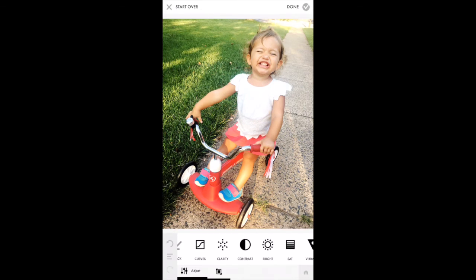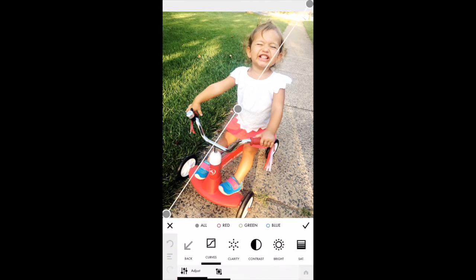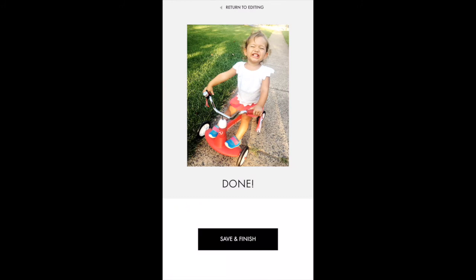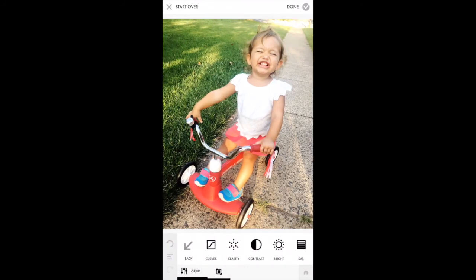You can also adjust brightness, saturation, clarity. Curves is another place I really like to do brightness and contrast. You can pull it this way if you want a little contrast. Pull it up here if I want some more fade. And a lot of times I'll come in here and adjust my exposure here. This time I'm going to hit that X mark because I'm pretty happy where we have it. I'm going to say done. Oops, no, I'm going to say return to editing because I wasn't actually done,